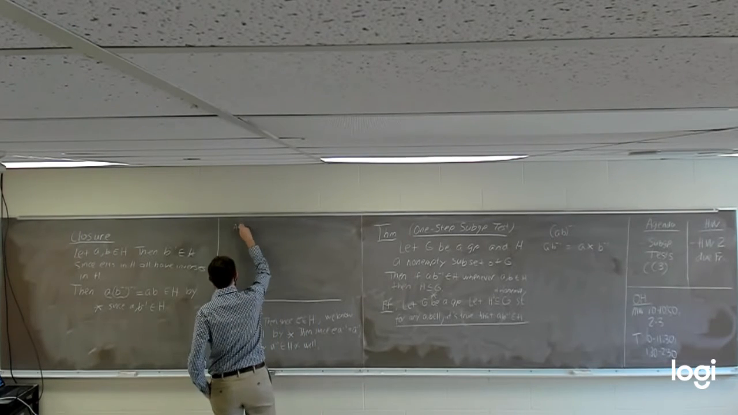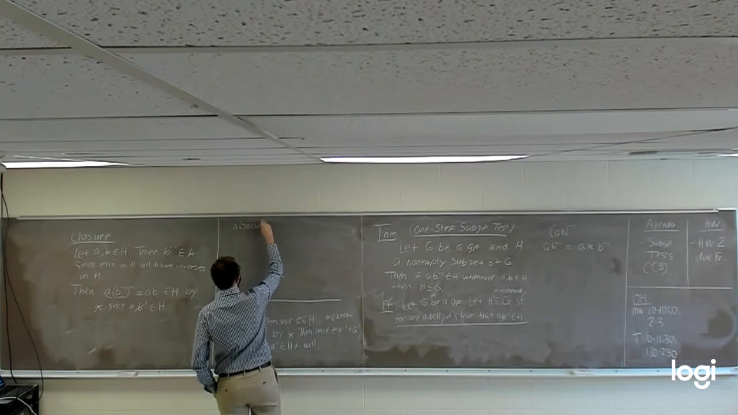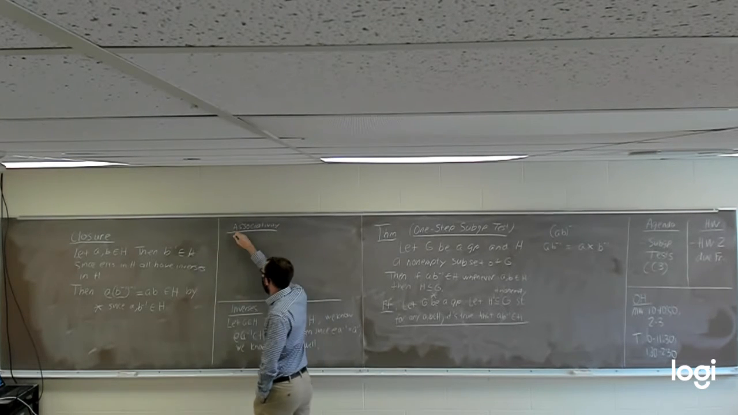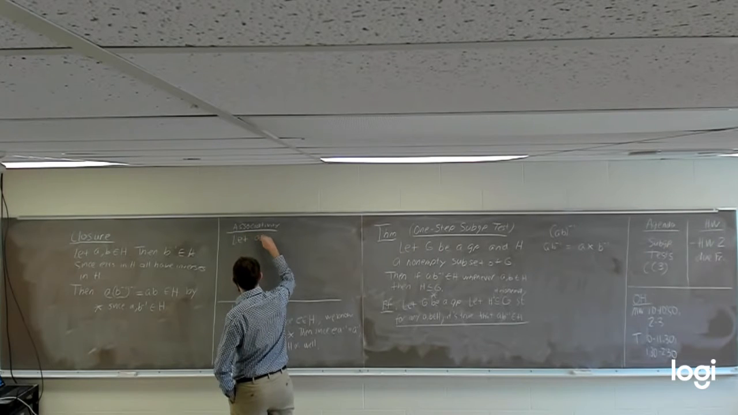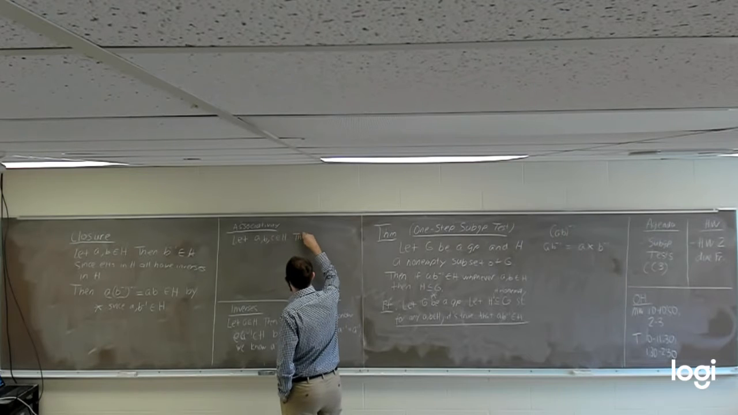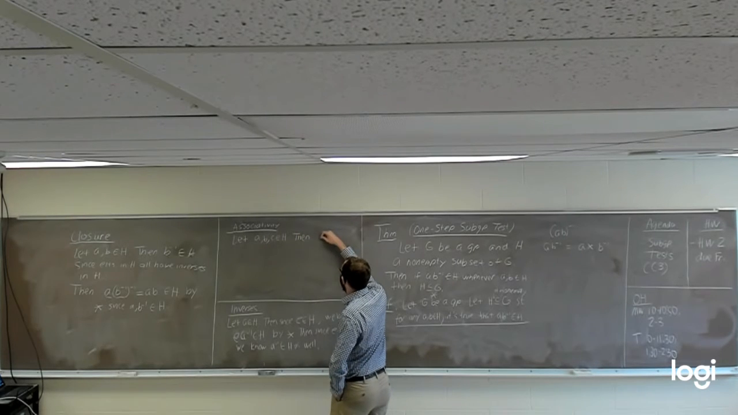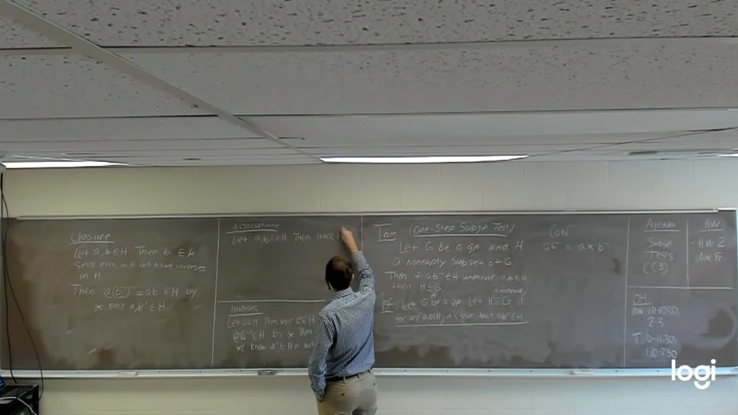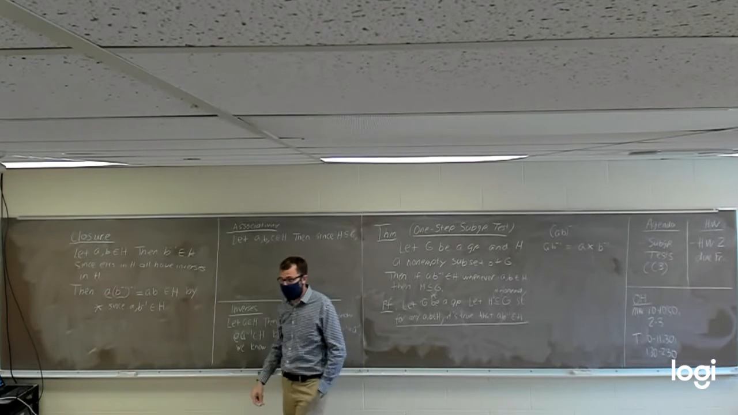So the last thing we need to prove is associativity. So we're going to let A, B, C all be elements in H. Then, since H is a subset of G, meaning everything in H is an element in G,